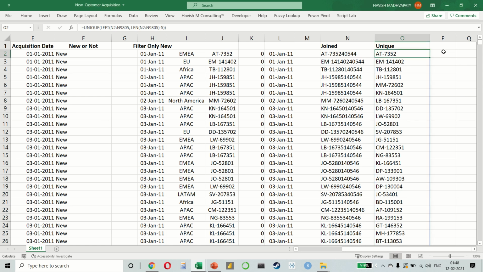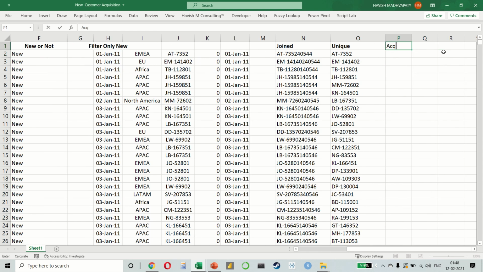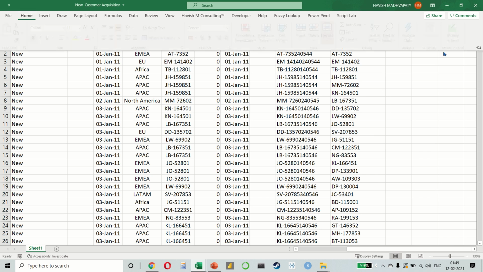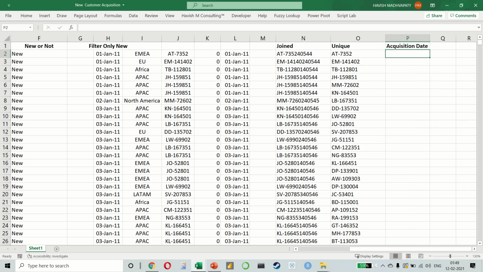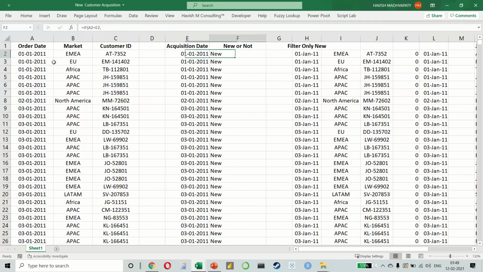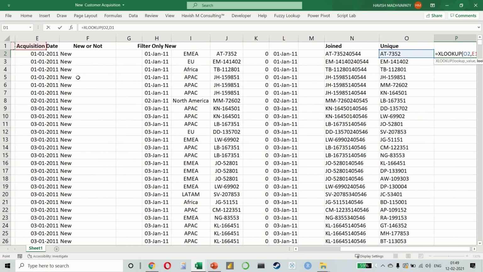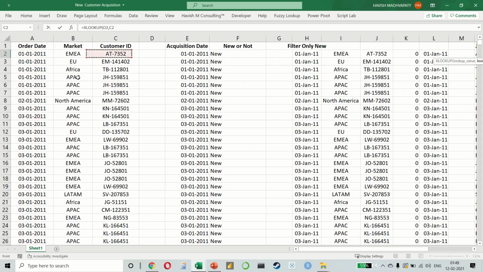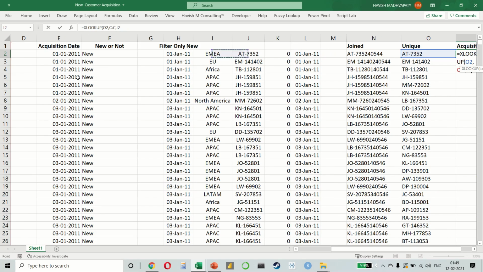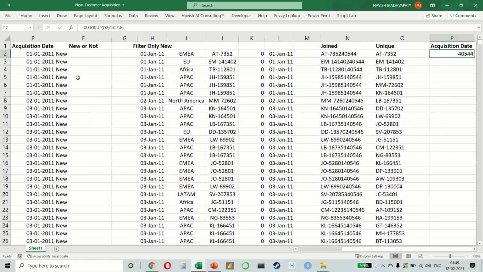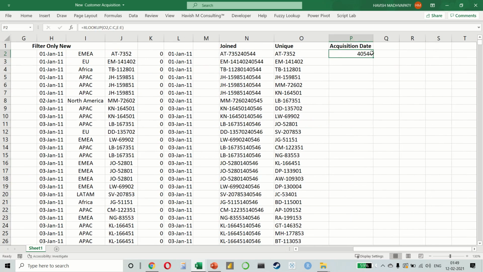Once we have done this, we also want to find the acquisition date. Now, since we already have the acquisition date in column E, we can use an XLOOKUP to search in column C for the customer ID and in column E for the acquisition date. And this will give us the